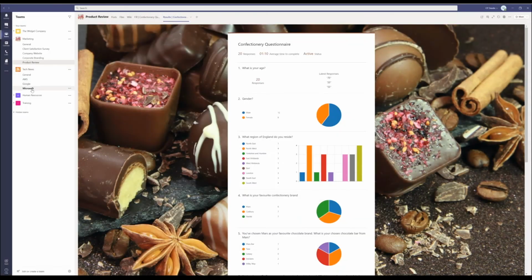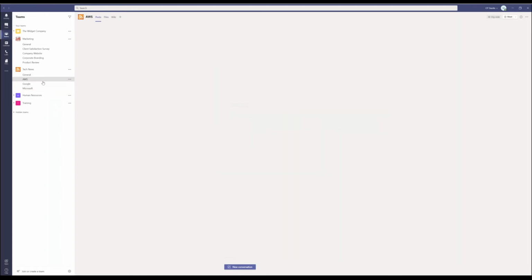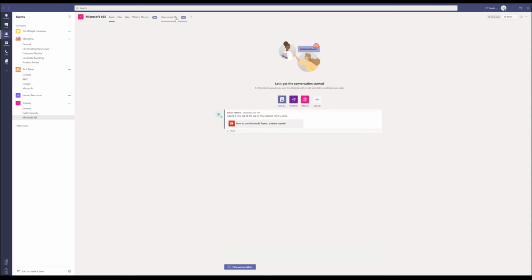And just a couple more examples. So here we've got a team, a technical team within like Complete I.T might use, which just links into various updates from things like Microsoft and AWS. As Microsoft posts details, it just links in and automatically updates within Teams so people can keep up to date on technologies, etc. So there's quite a lot we can do within this, linking in videos.